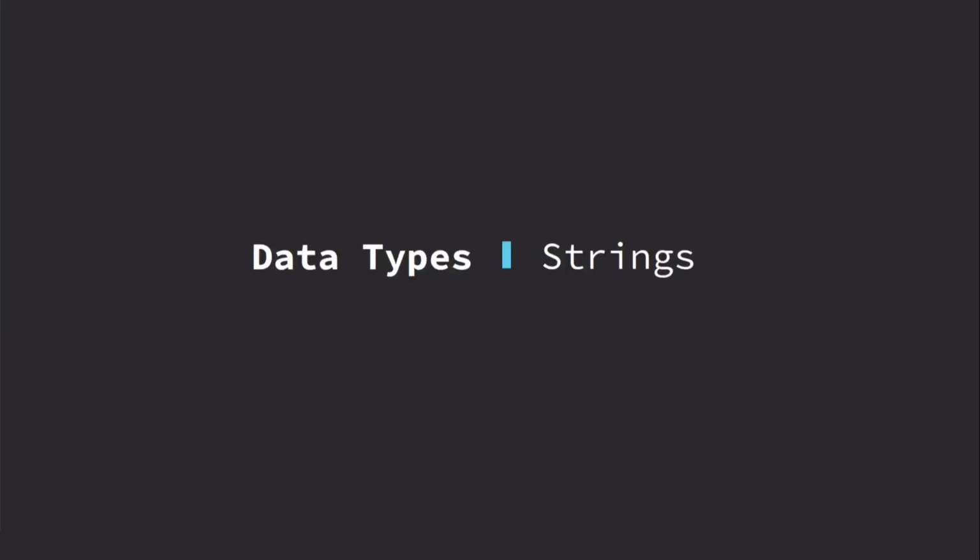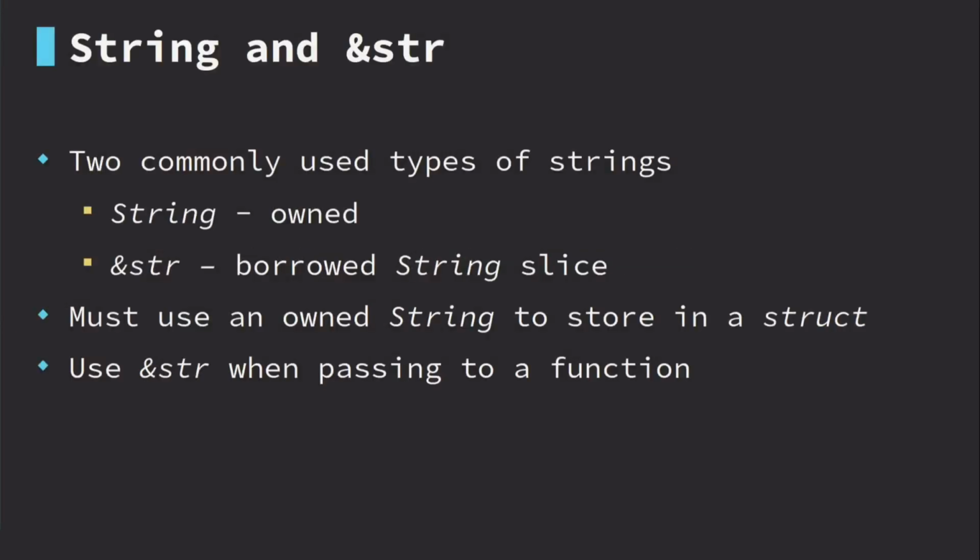In this video, I'm going to be explaining string types. Strings are used to store text information such as names and words. There are multiple types of string available in Rust, and the two types that are most commonly used are the